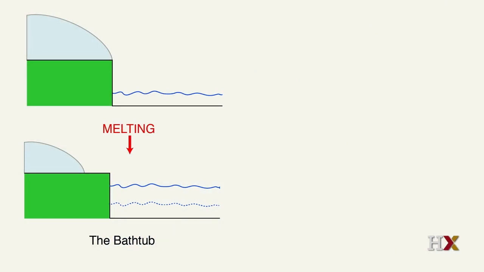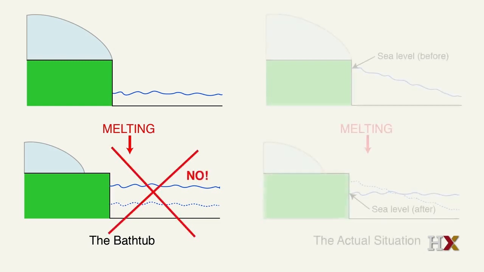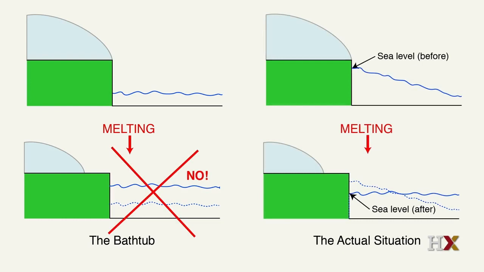Here in this cartoon, you see this process. If you just assumed that everything was uniform and it was just a bathtub and you melted a certain amount of ice, you would raise sea level and it would be the same everywhere. But in fact, it's actually not the way it works. On the right-hand side, you can see what's actually happening, although it's exaggerated. The ice sheet is actually attracting, with its gravitational field, some of the seawater, and the sea level is actually tilted so that it's higher towards the ice sheet. When you melt some of the ice sheet, the sea level rises on average, but the gravitational attraction is diminished, and so as a result, the tilt is a little bit less. And so the local sea level falls very close to the ice sheet, even as the average sea level is still rising.